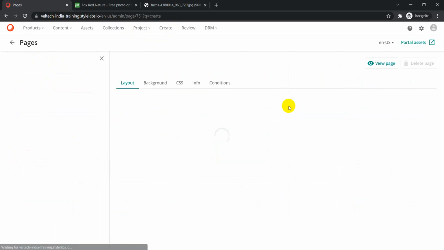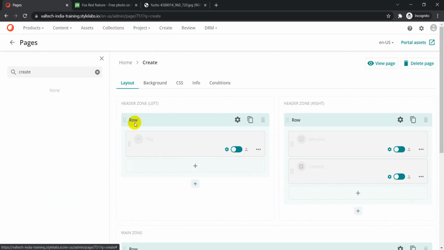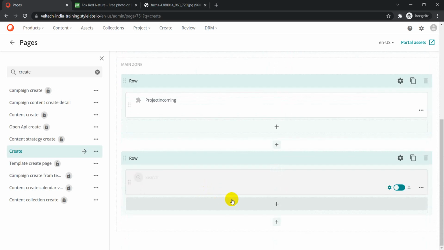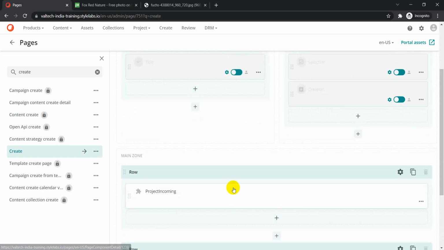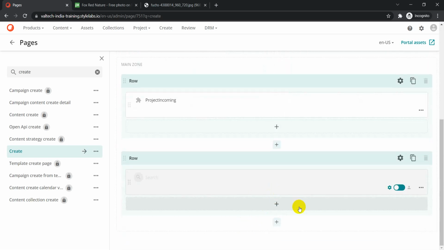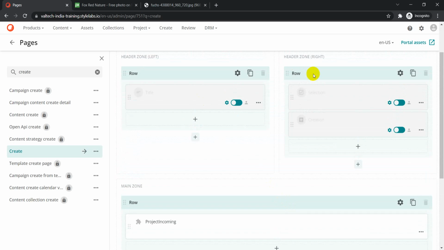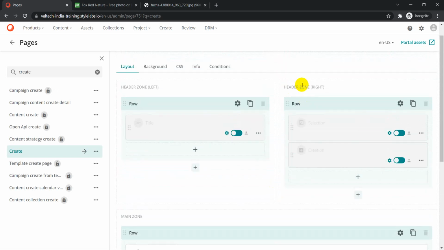On the create page, basically this is a complete markup on the right hand side. What is the layout, background, what different types of components we have here. So if you want to add some other components to your create page, you can always do that by specifying those placeholders here. What I want to do next is, if you see this header row, which is on the extreme right, we have these two sections here, right? We have a selection component, then we have a creation component, but right now it is disabled.